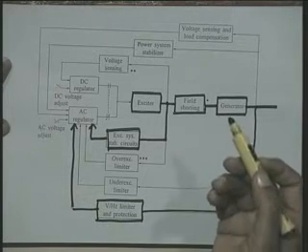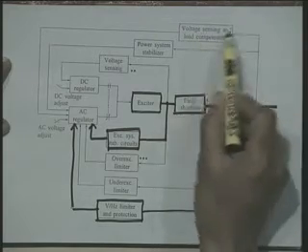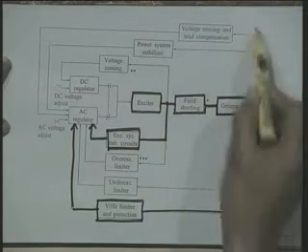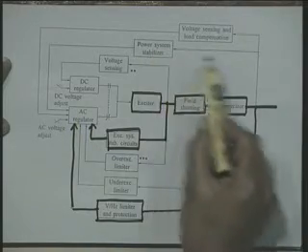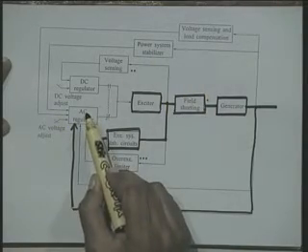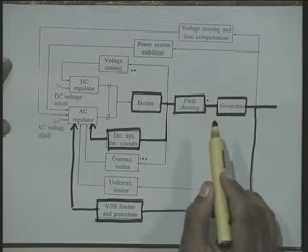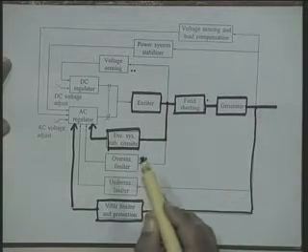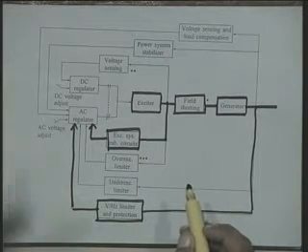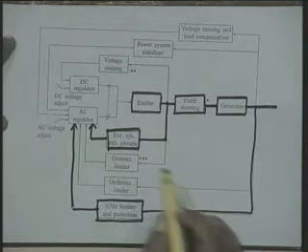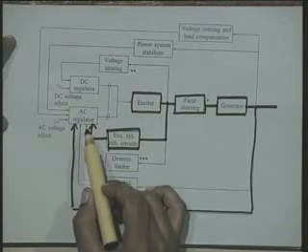Earlier we have seen the control functions like voltage sensing and load compensation, which also act through the AC regulator. We have the power system stabilizer, which also acts through the AC regulator. In the previous block diagram I had shown only one regulator. Now, here we have shown two regulators: one is called the DC regulator, another is called the AC regulator.